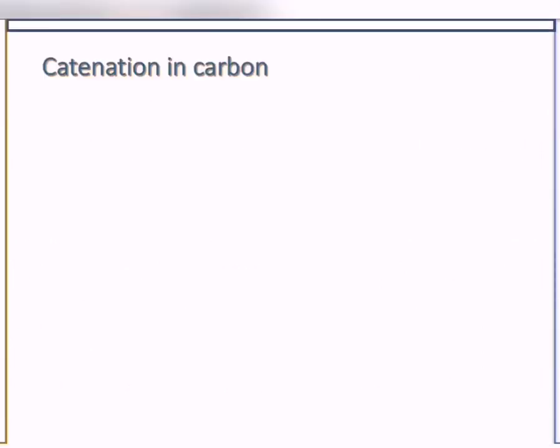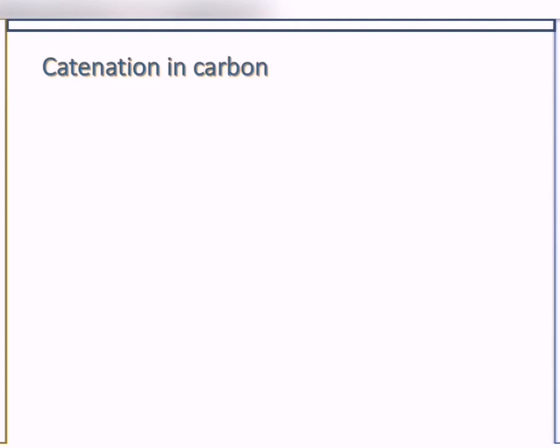The next thing we are going to look at is catenation in carbon. Catenation is the ability of carbon to form long chains. In fact, one of the uniqueness of carbon is seen in catenation. Carbon chains are formed because carbon forms bonds, which we discussed in the first lesson, or tetravalent bonds with other